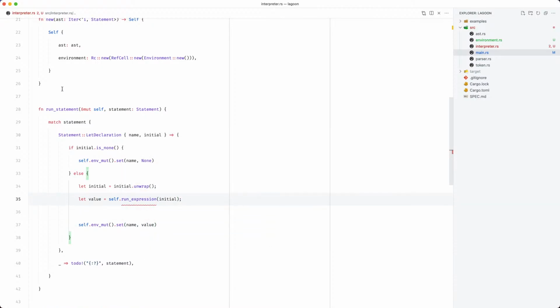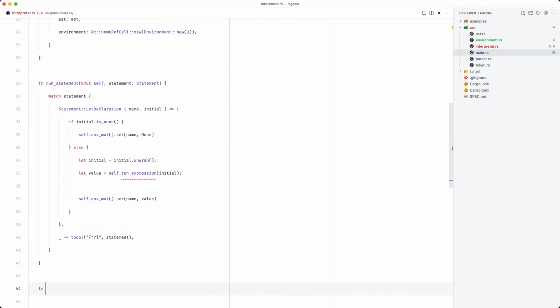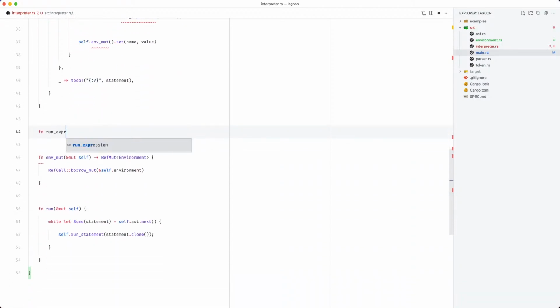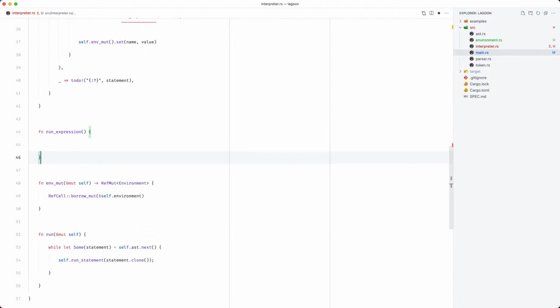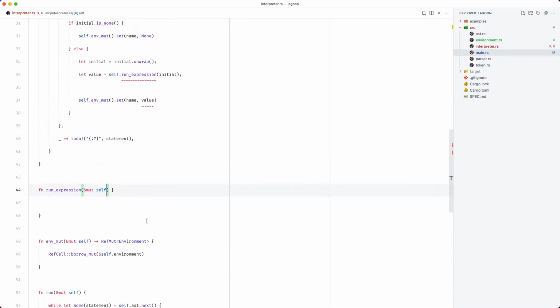Now our run expression doesn't exist yet, so let's go down here and define it. So we've got run expression and a mutable reference to self, and we're going to return an optional value, which is fine because that's exactly what it expects.